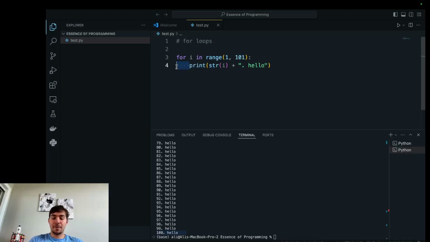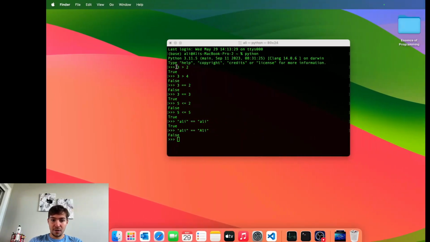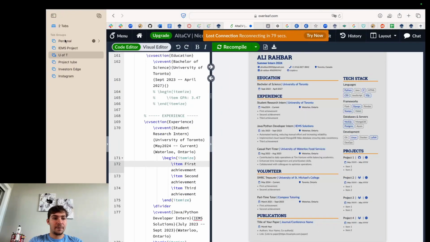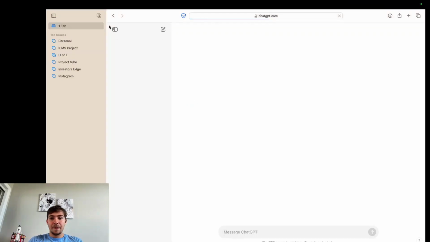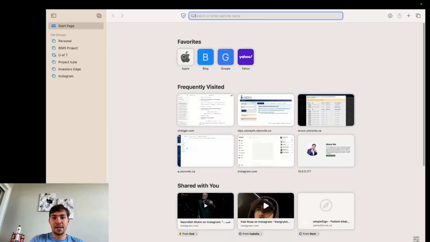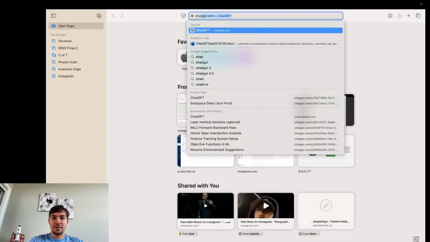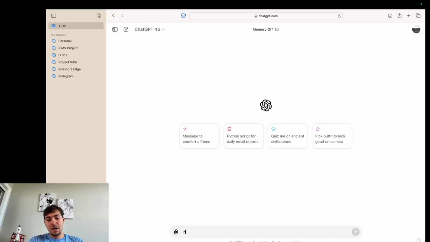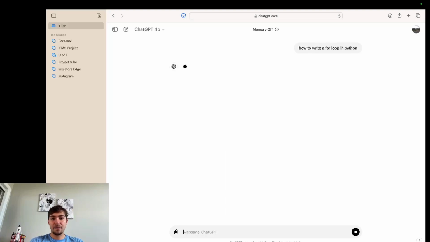And remember, here's a trick I'm going to teach you guys. Whenever you don't understand the code or don't know what to do, what you can always do, okay, let me go to my personal here. Yeah, that was ChatGPT. I'm going to open it again to show you guys. I can always open ChatGPT and say, hey ChatGPT, show me how to write a for loop in Python. Oh, I wrote Python wrong. Python. And if I press enter,